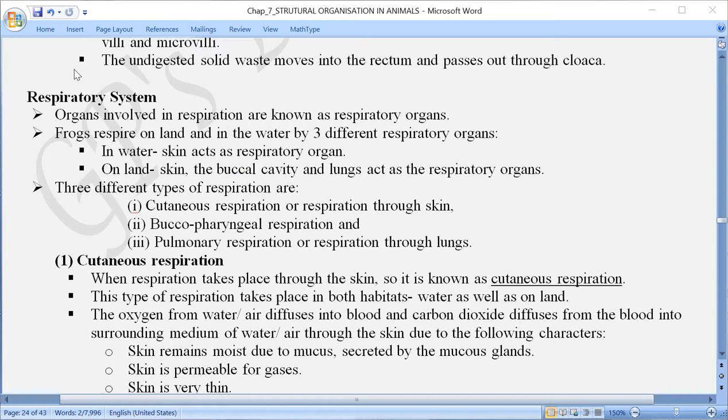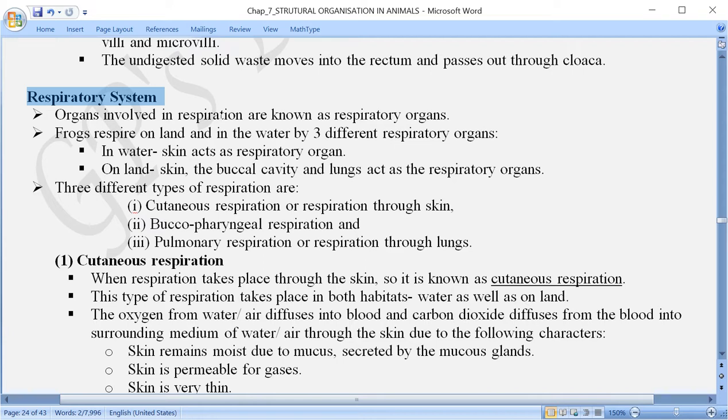In the previous video, I discussed the digestive system of the frog. In this video, I am going to discuss the respiratory system of frog. Now here, as you know, frog is an amphibian, and amphibians are capable of living in water and also on land. So the respiratory organs have developed in a way that is suitable to respire in water and also on the